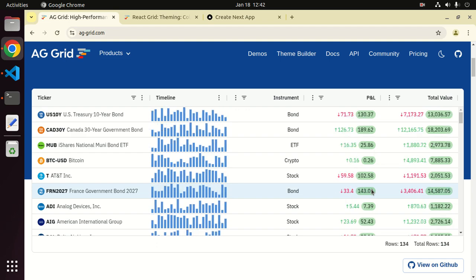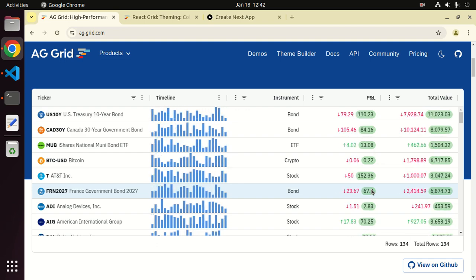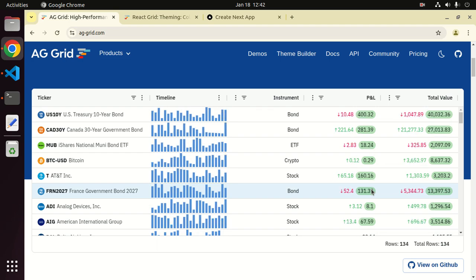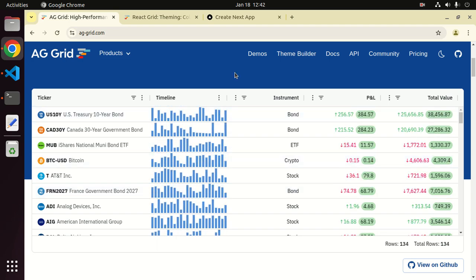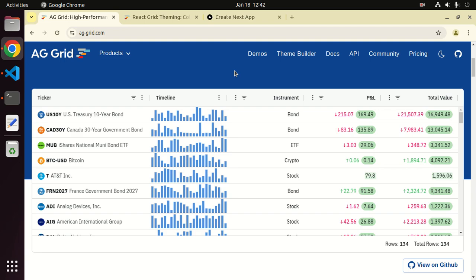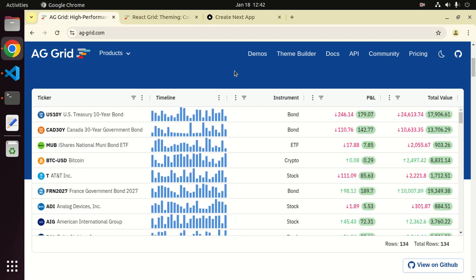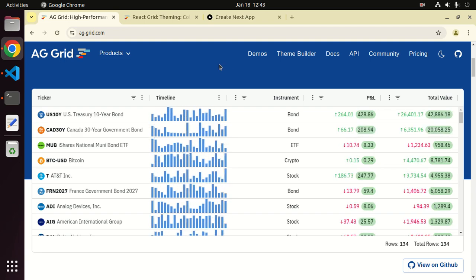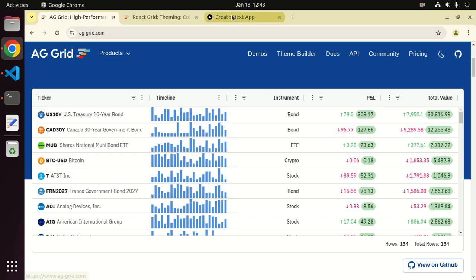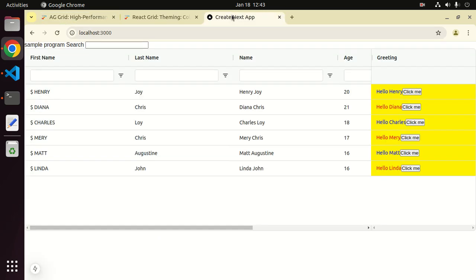Now we can see how the program currently looks. We have already added some features of AG-Grid in the React application. We can check how it looks. Currently it looks like this, the sample program. It has filtering, then quick filter, then